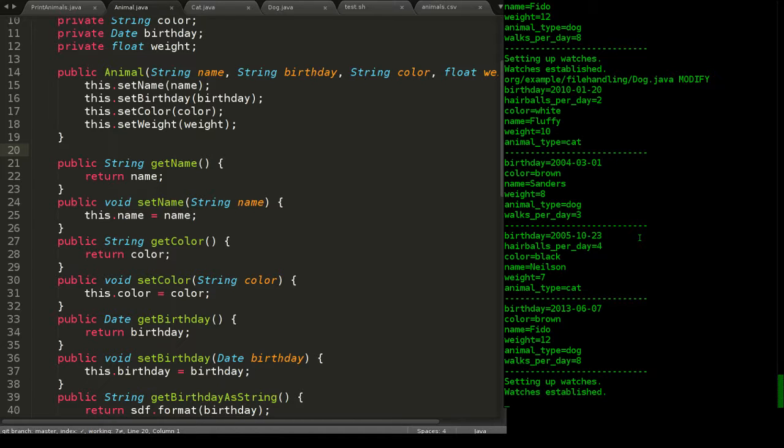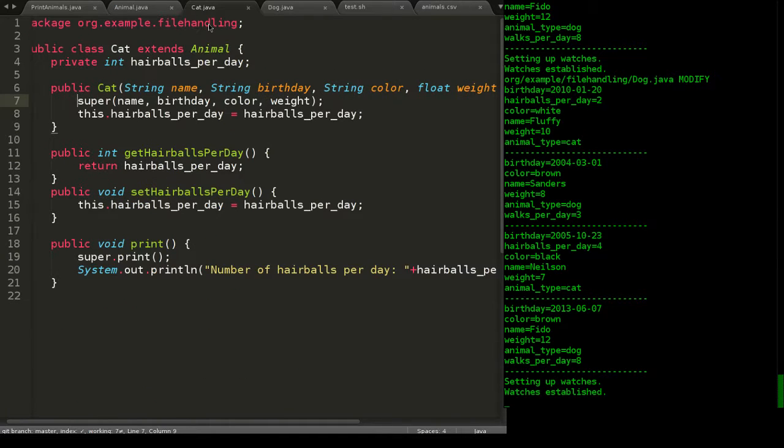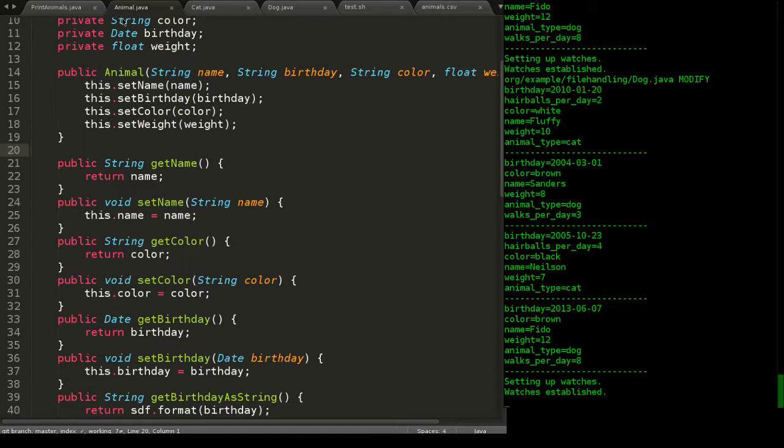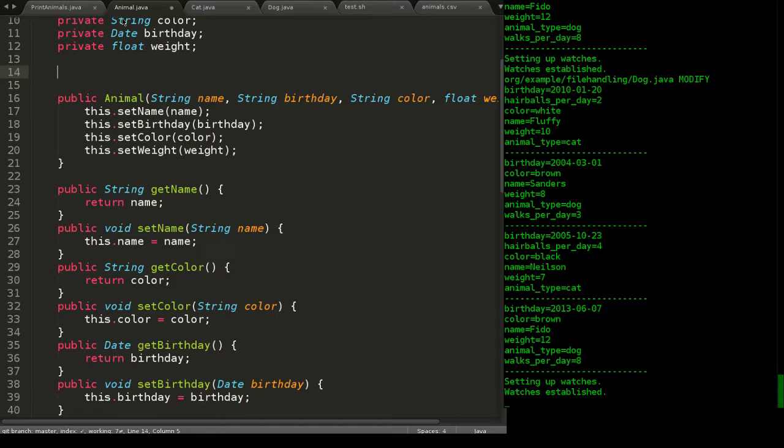And if you have a constructor in a subclass, it either has to override all the parent's constructors, or call one of them. Because in my case I removed the first constructor that every class has. Every class has an empty constructor that looks a little bit like this. So if you say public